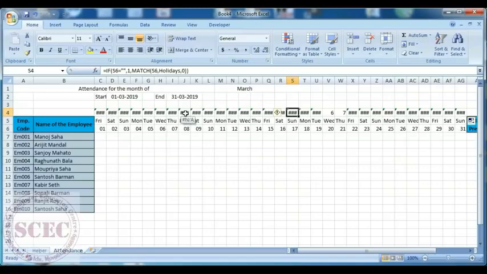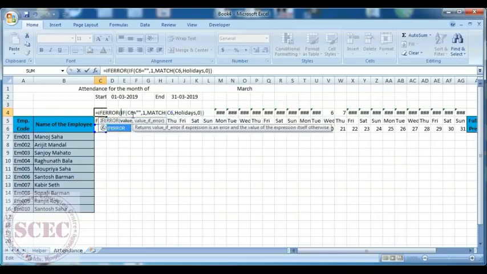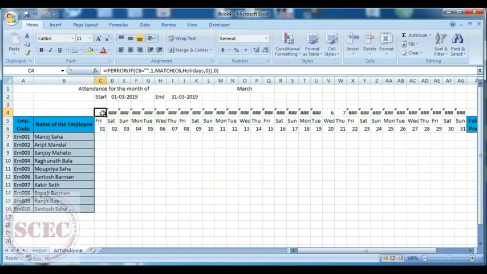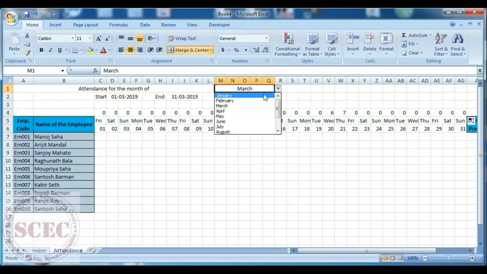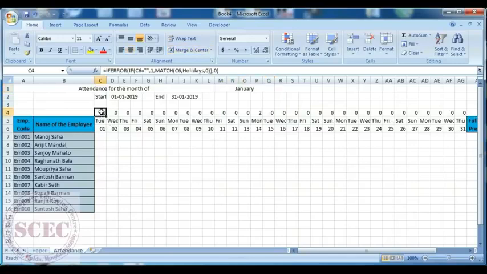To remove this error, we have to put here an IFERROR formula: if error then equal to 0. Then again drag this, and we can see these dates contain 6 and 7, all others are 0. If we change the month, we can see here this is 1.